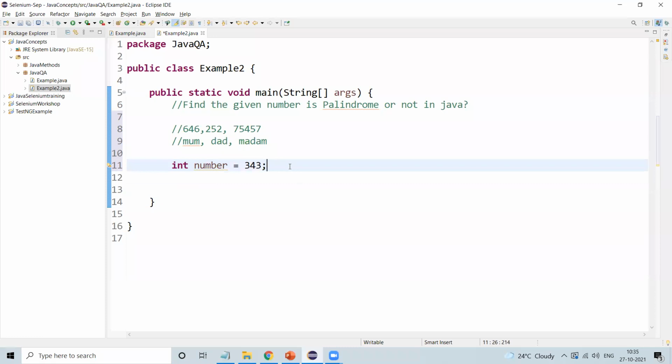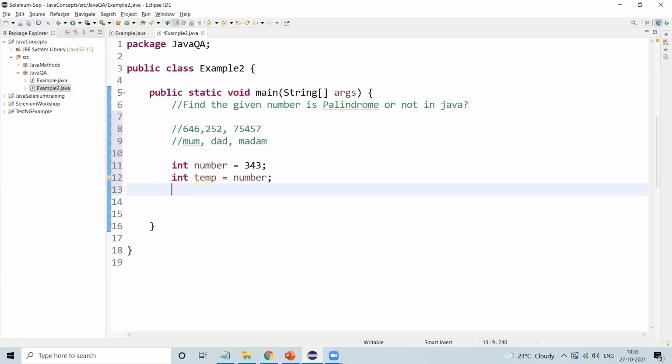Then I want to add one more variable for holding this number, a temporary variable. Hold the number in the temporary variable: int temp equal to number. I will tell you why we are adding this number into a temporary variable.